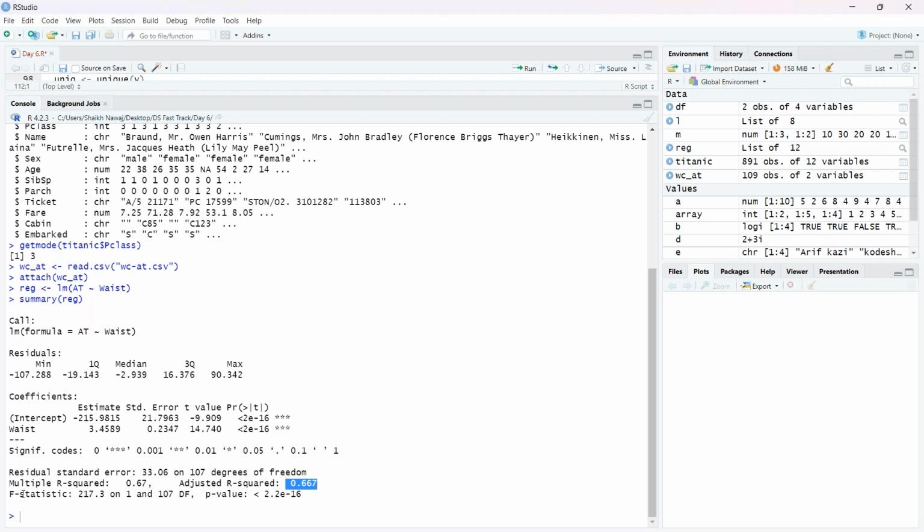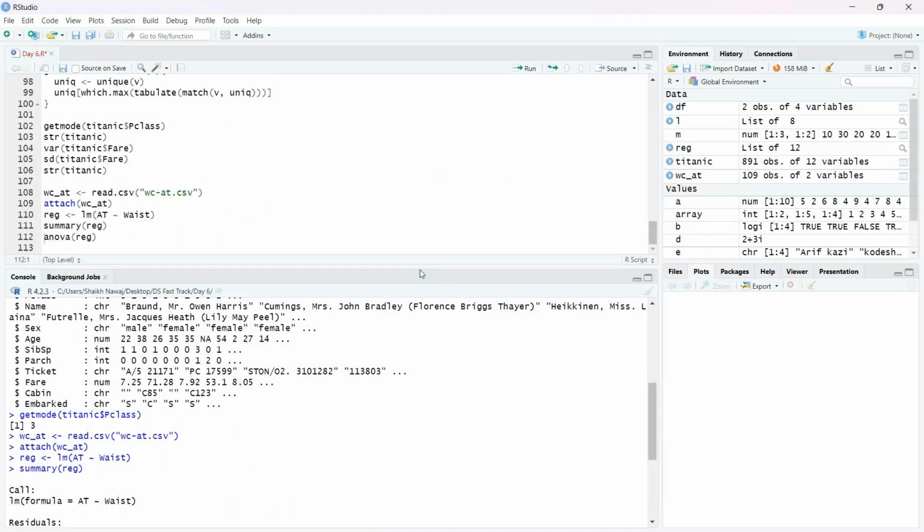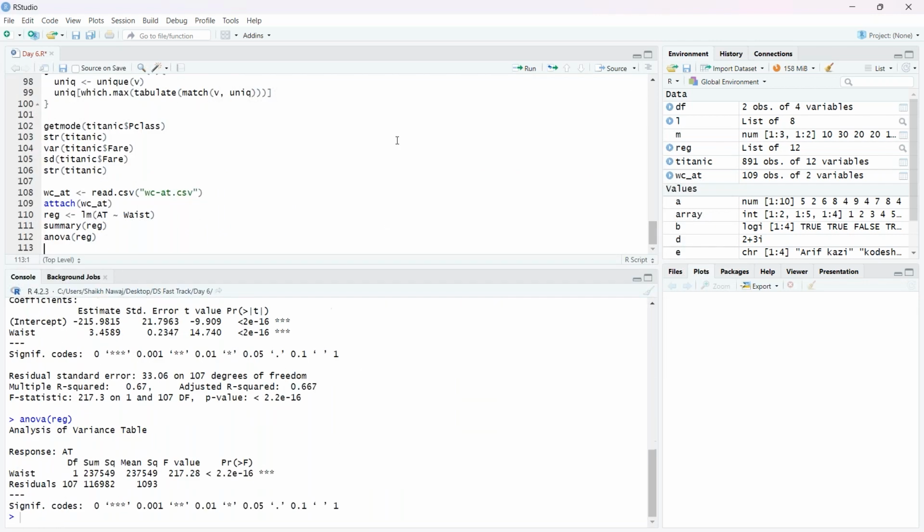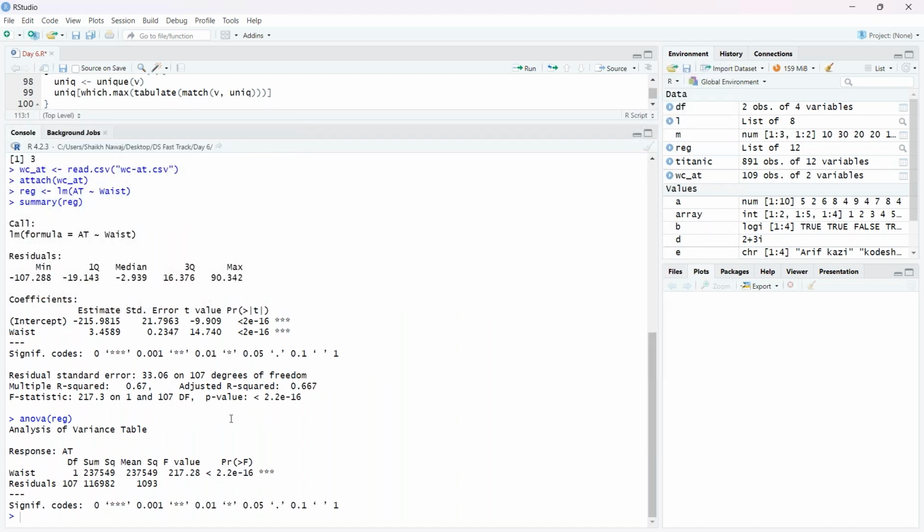Now, our main topic is this thing, which is the F statistics. So in the analysis of variance, let me go and run the ANOVA over here. This is the analysis of variance. If we're talking about the ANOVA, you can see that ANOVA also gives me the F value, and the value is